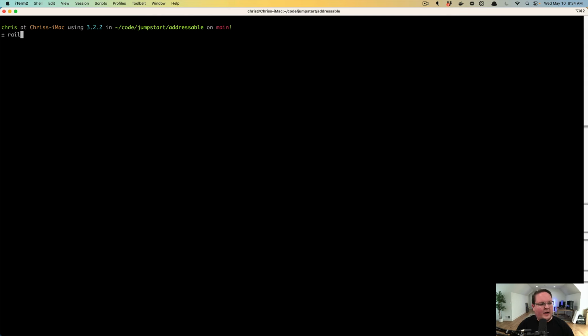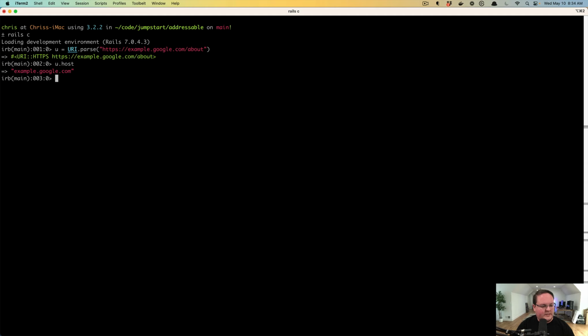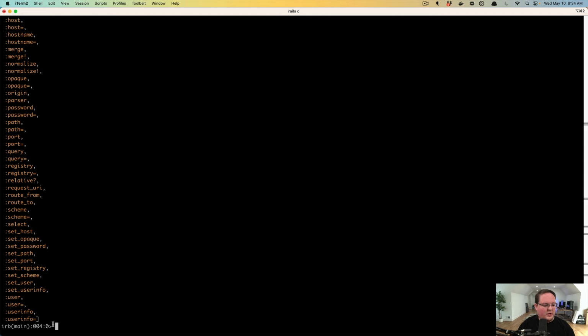If we have a Rails console open and we use URI.parse to grab https://example.google.com/about, we can parse a URL, and let's assign this to a variable, and we can retrieve the host from this, but that's all we can get from URI itself. There are no other methods, and we can check that and say methods.sort minus Object.methods. And this will show us all of those. So we can get things like the scheme out of there, we can get the query parameters, we can get the path,